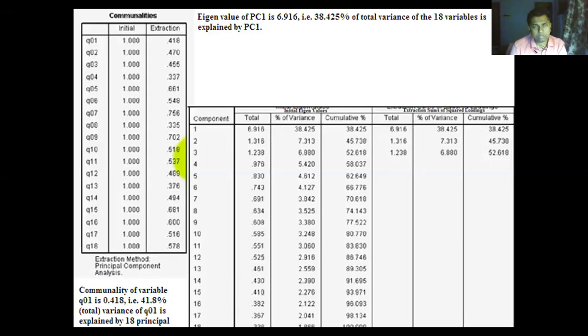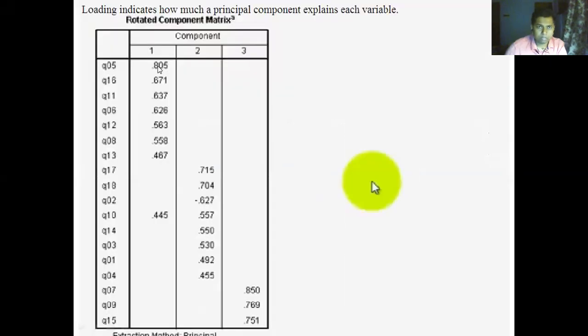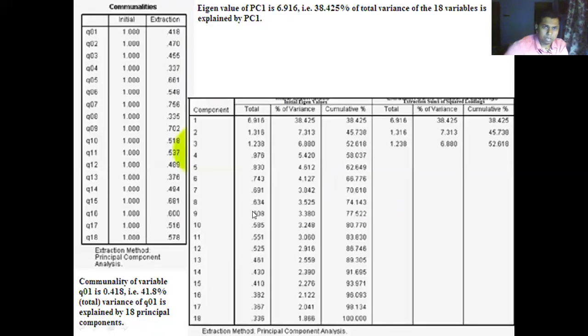As of now, just think that we have got the results of principal component analysis, and basically we focus on three tables. One table you can see is for communalities, another table is for eigenvalues, and on the next slide we will see another table, which is for the rotated component matrix. This is basically the factor loading matrix, or sometimes it is also termed the pattern matrix.